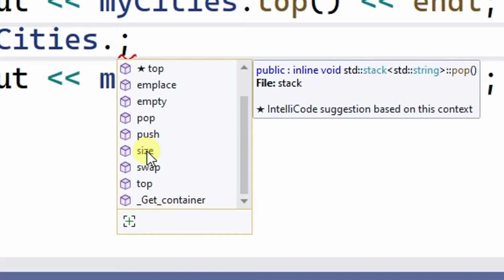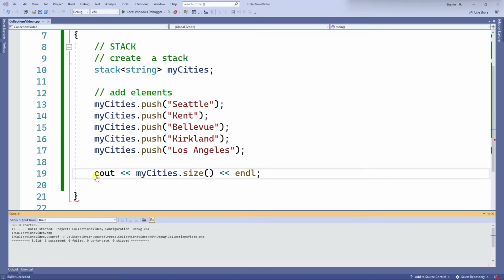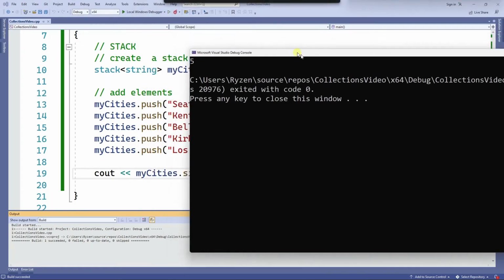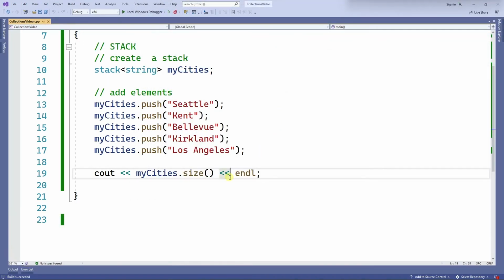Let's take a look at the size here. I just want to display the size of the stack. So myCities.size, and that will give me the size of my stack. In this case, the size is 5. All right, so there's another important function from the stack,